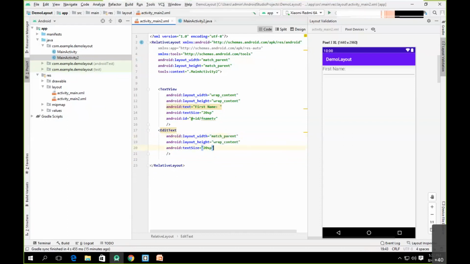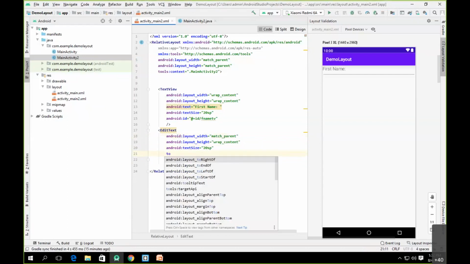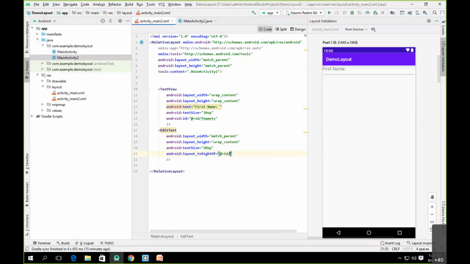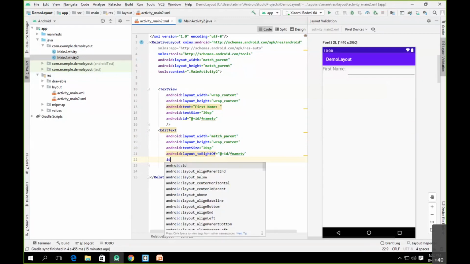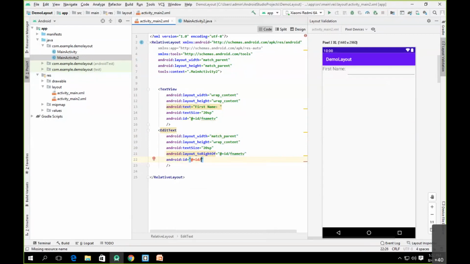So it will match the parent, and we have to align it towards the right of @+id fname TV. So this will go towards the right of this. Again, this has to be given one ID. So we'll say @+id, this is the first name, and rather than text view, this is the edit text, so I'll call it fname ET.